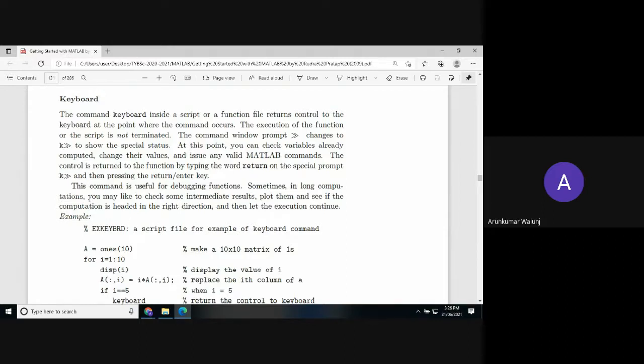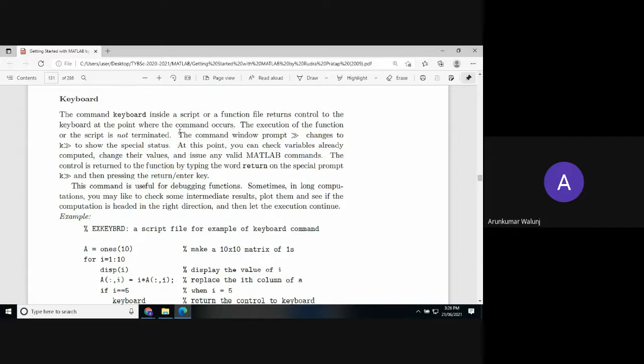Keyboard, this is also one command that can be incorporated inside a function file, a script file, or a general application oriented program. It returns control to the keyboard at the point where the command occurs.